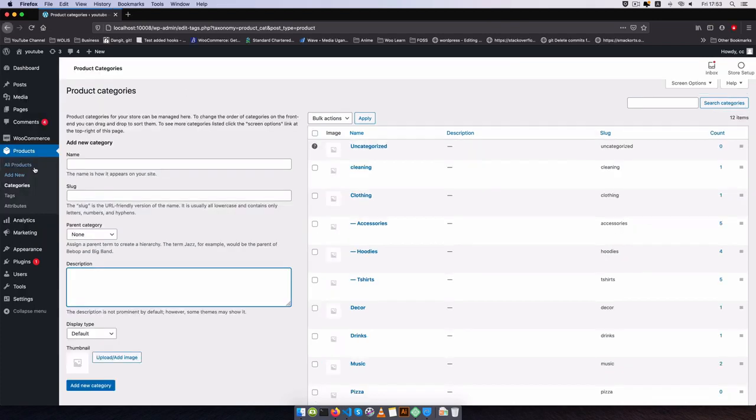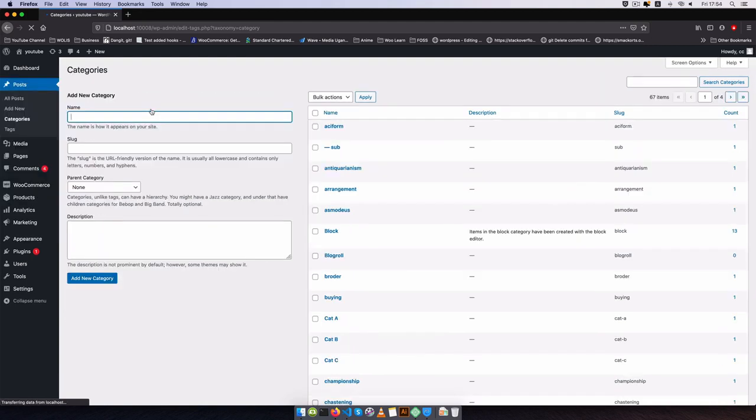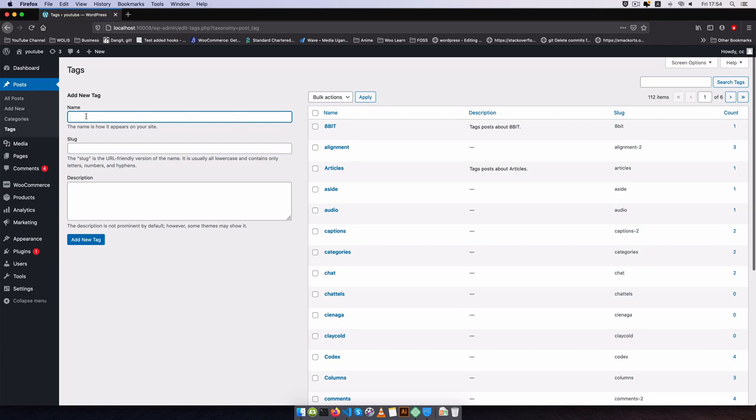For example, the taxonomy that we're looking at is actually one that's coming from the WooCommerce custom products, but if you go to posts, you'll be able to see that we actually have a category here. So we have categories, which is basically what we call in WordPress a taxonomy. You will see that it has these same fields showing up: the name, the slug, the parent category, and then also the description. Yet when we go to the tags, you'll see that we have only the name,